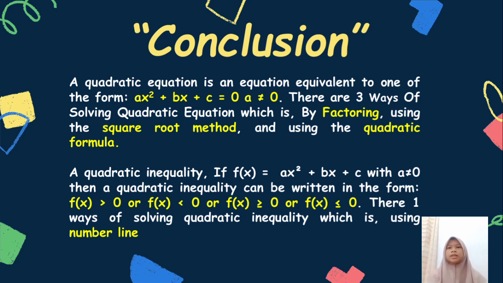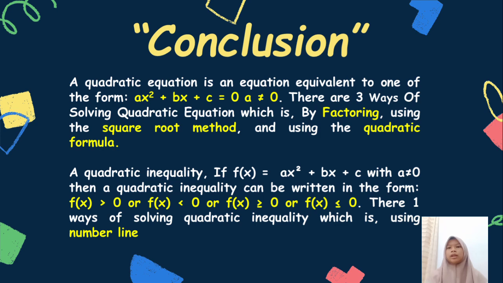Okay, in the last part of my presentation, I give you a conclusion. A quadratic equation is an equation equivalent to one of the form ax squared plus bx plus c equals 0, and a is not equal to 0. There are 3 ways of solving a quadratic equation, which is by factoring, using the square root method, and using the quadratic formula. A quadratic inequality: if f(x) equals ax squared plus bx plus c with f(x) not equal to 0,